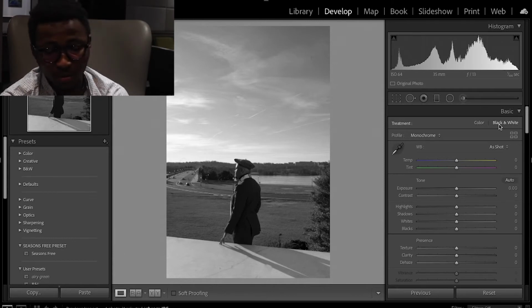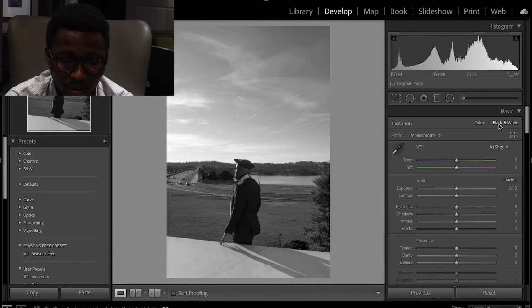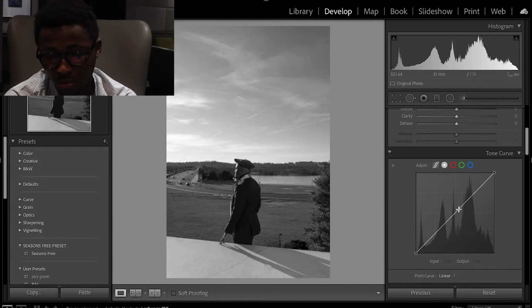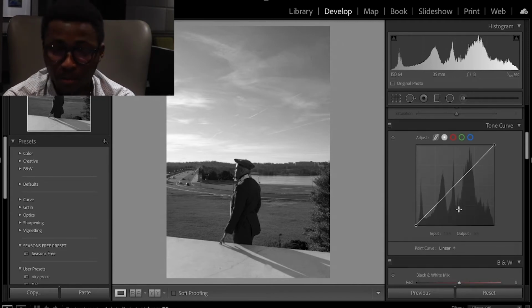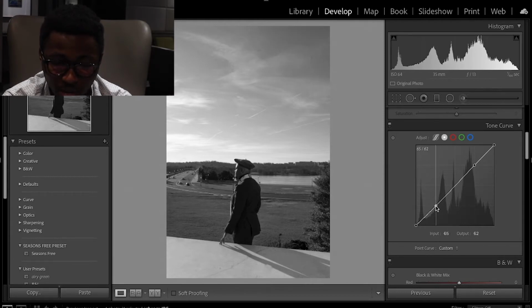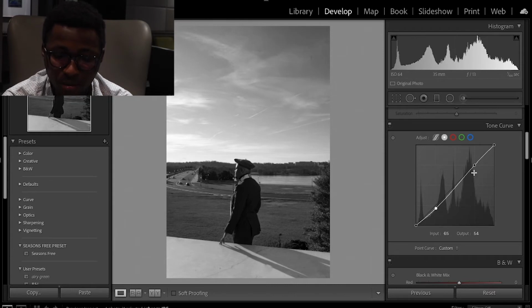So we're going to turn this image to black and white, and the first thing I'm going to do is go to the tone curve to make my famous S curve. So I'm going to make a point here, make another one here in the highlights. I'm going to make my S curve, drag this down a little, take the highlights, take the white up a little,